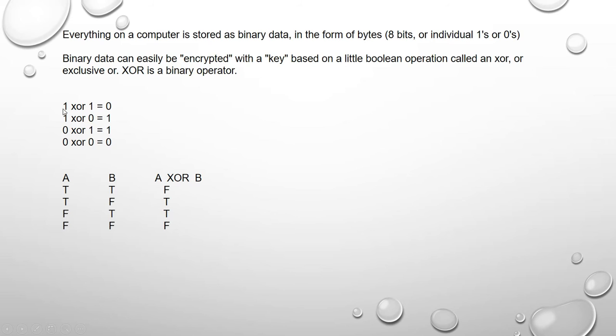Just like 1 1 is 0, false. 1 0 is 1, 0 1 is 1, and 0 0 is 0. These are the rules of the exclusive OR or XOR operator. But if you are using the OR operator, and you enter true and true, your output is true, true false is true, false true is true, and false false becomes false. That is for the OR operator. But in the case of exclusive OR, if both operands are true and true, then you will get the false output. Clear?